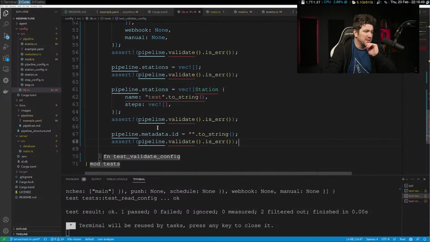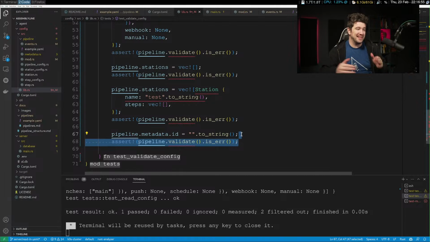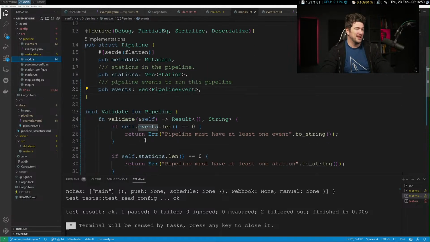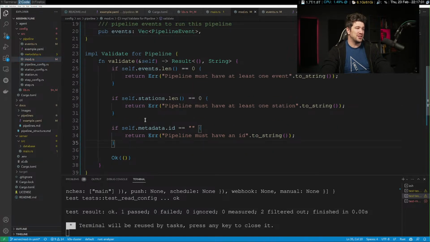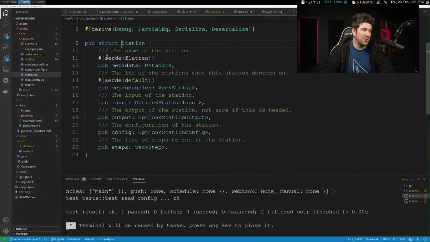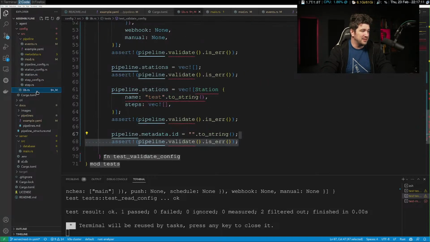So it was trying to do all this stuff, which I actually think is what I want to do. It's thinking that I didn't do the nesting in the function. This is actually kind of brilliant, because what I should do here is loop on each of these events and stations. But these don't actually implement validate yet, and I don't think I need to today.